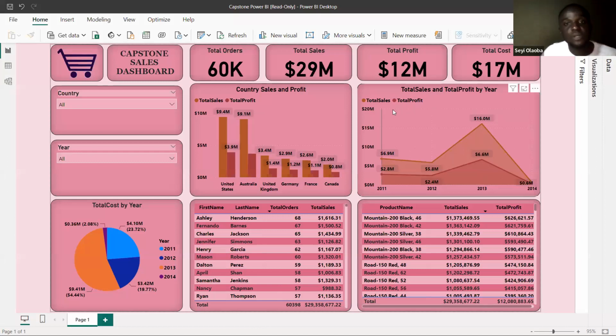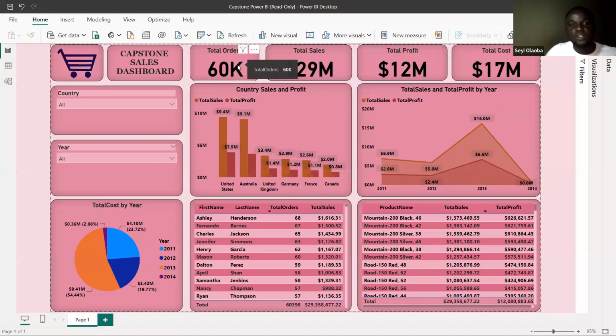So this is the visualization I was able to come up with in Power BI from the data that was given to us. The first thing I did was to extract the data into Power BI, then do some little transformation in Power Query just to check if the data is clean. Then I loaded the data on the Power BI dashboard. So from the Power BI, I discovered